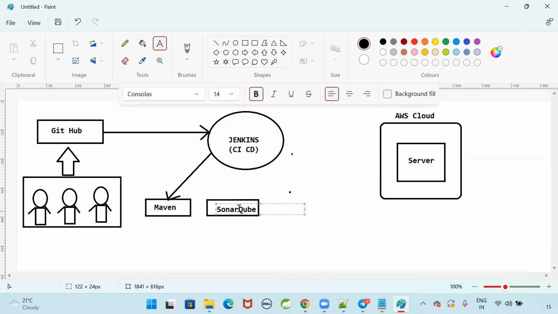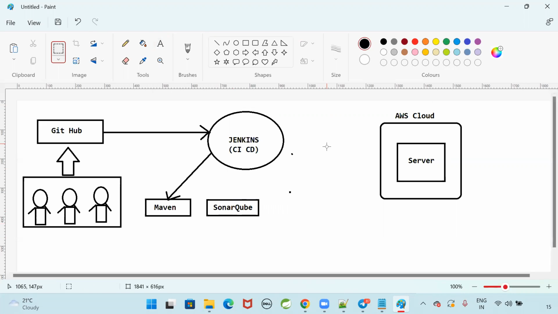What is the purpose of this SonarQube? SonarQube is used to perform code review. Whatever the code done by the developers, some freshers will be available, some experienced people will be available. Are they following proper coding standards or not? Are there any mistakes in the code? Are there any security violations in the project code? Are there any bugs in the code? Is there any duplicate code available in the project? Same code they have written at multiple places. Like that, we are going to check the code quality by using SonarQube.